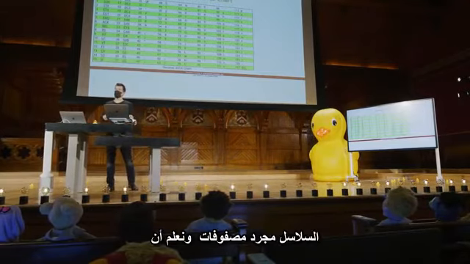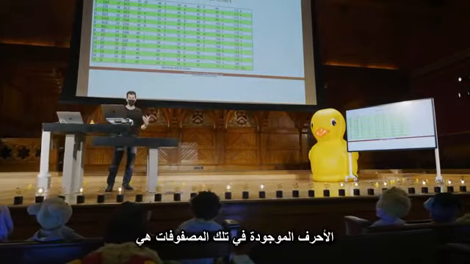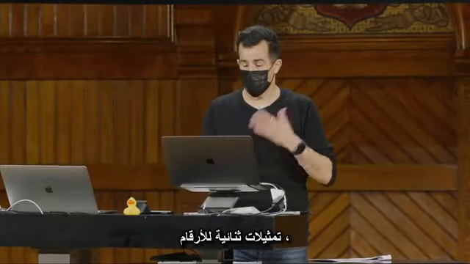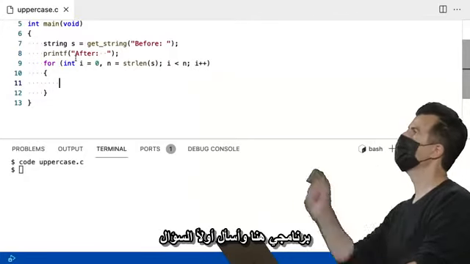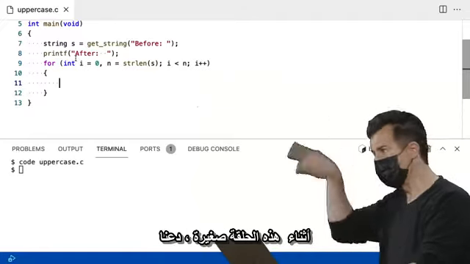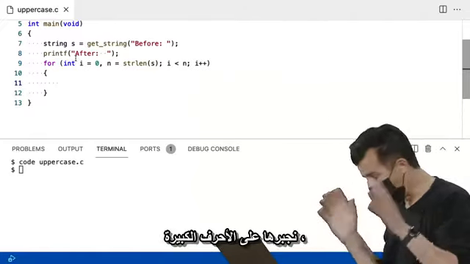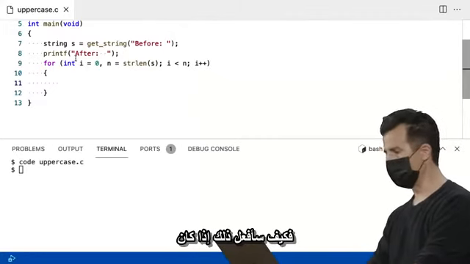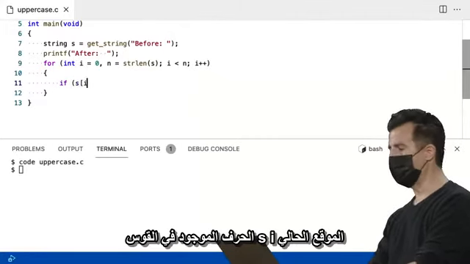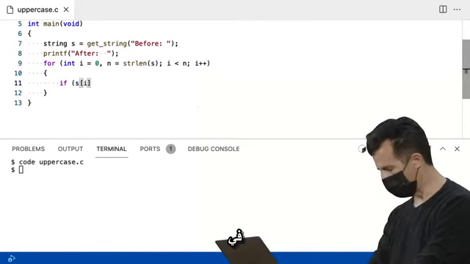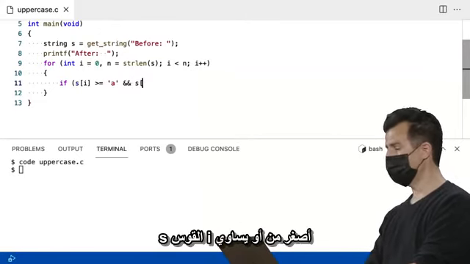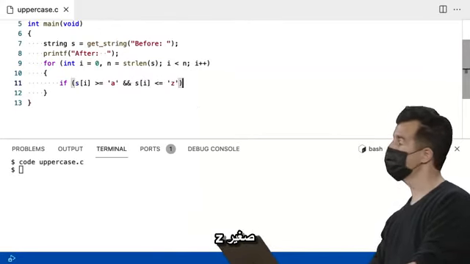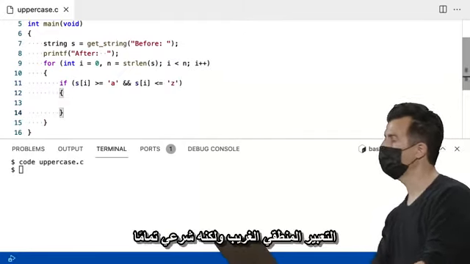But now that we know that strings are just arrays, and we know that characters, which are in those arrays, are just binary representations of numbers, I think we can manipulate a few of these things as follows. Let me go back to my program here and first ask the question, if the current character in the array during this loop is lowercase, let's force it to uppercase. So how am I going to do that? If the character at s[i], the current location in the array, is greater than or equal to lowercase a, and s[i] is less than or equal to lowercase z, kind of a weird Boolean expression, but